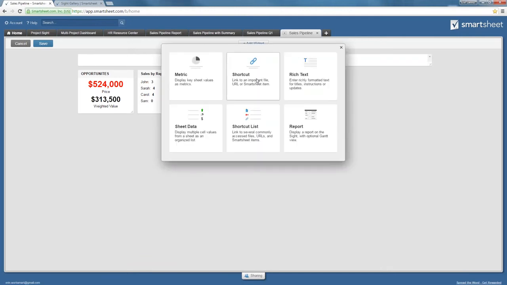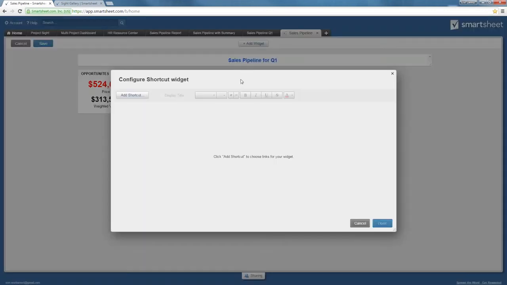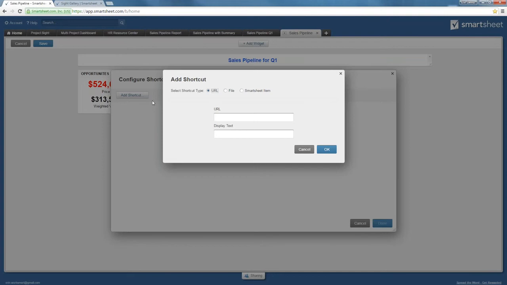Another type of widget is what's called the shortcut. We've got a shortcut and a shortcut list. Both do the same thing. One just kind of allows for individual links, and the shortcut list is for multiple. But essentially, a shortcut widget allows you to add a shortcut to another opportunity or another type of piece of